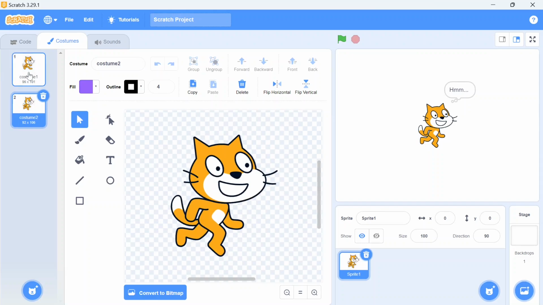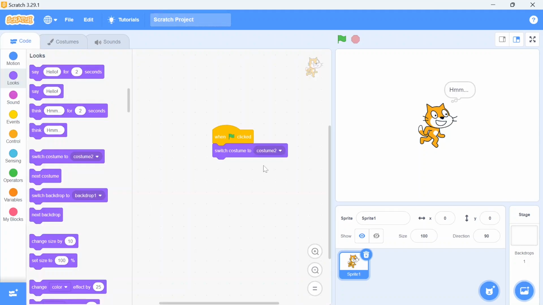So there are 2 costumes, costume 1 and costume 2. You are able to switch these 2 in the coding. So you can see here it's mentioned costume 2. Once I click on the flag, it's already costume 2. Now I want to make it costume 1. So I just click on costume 1 and now you will see the effect. This is costume 1.